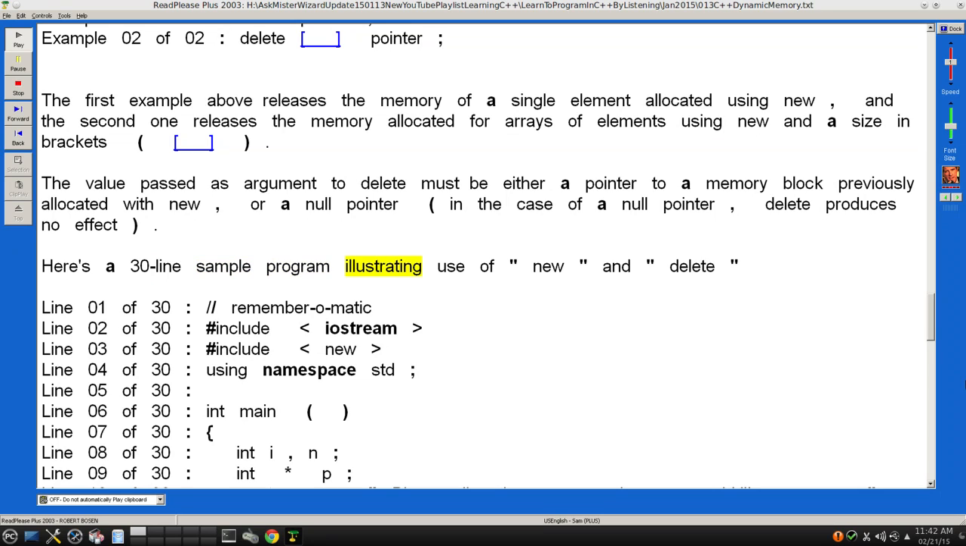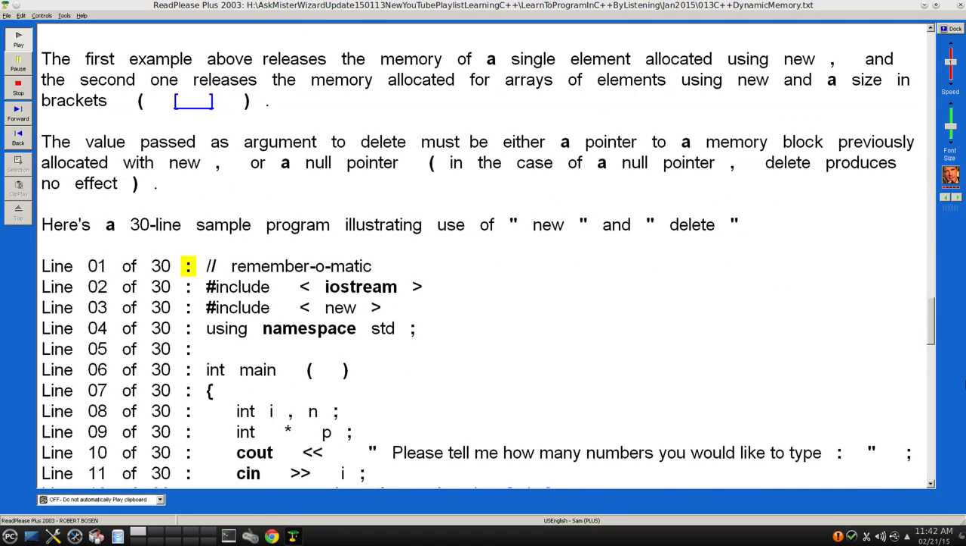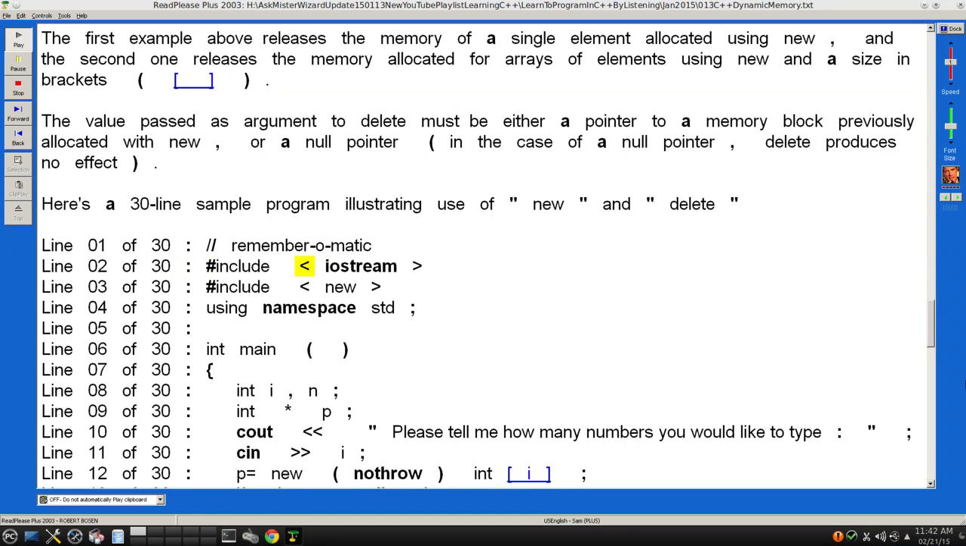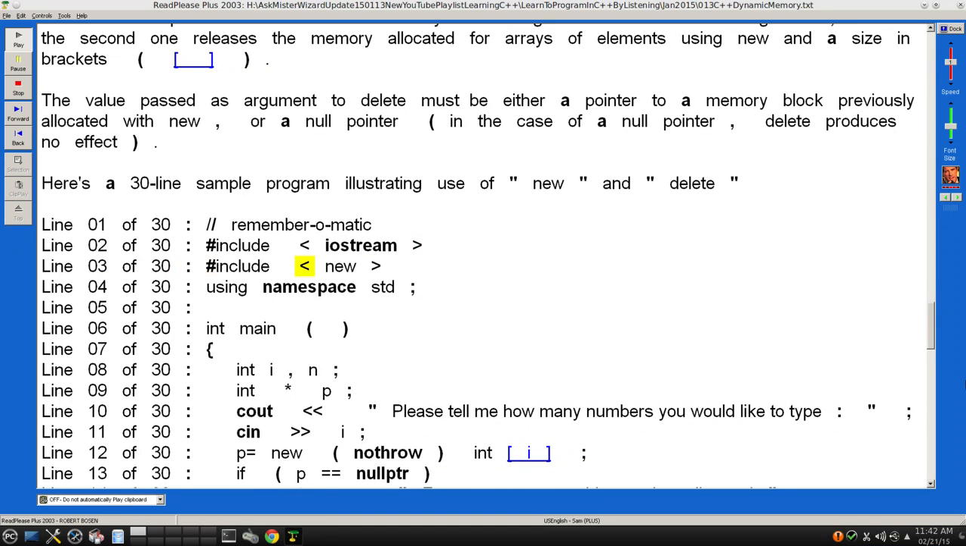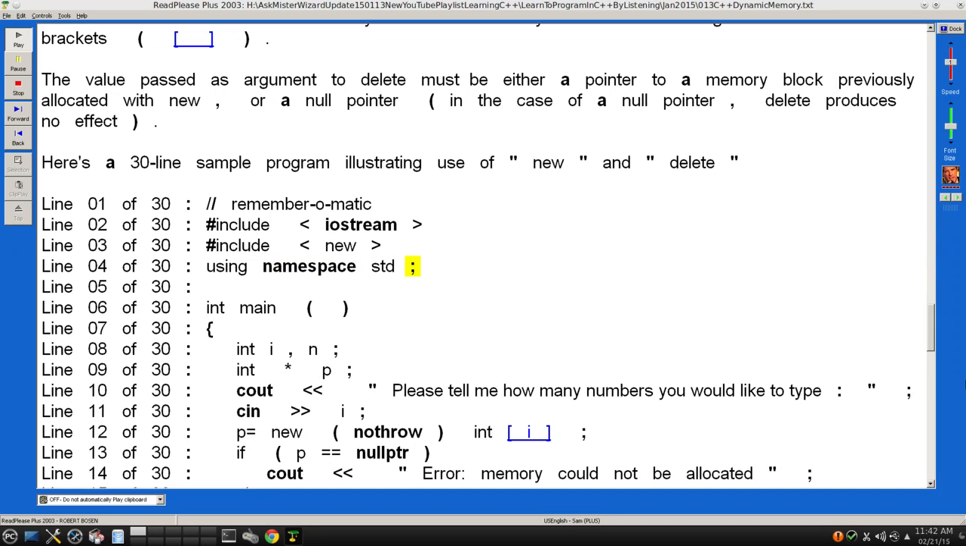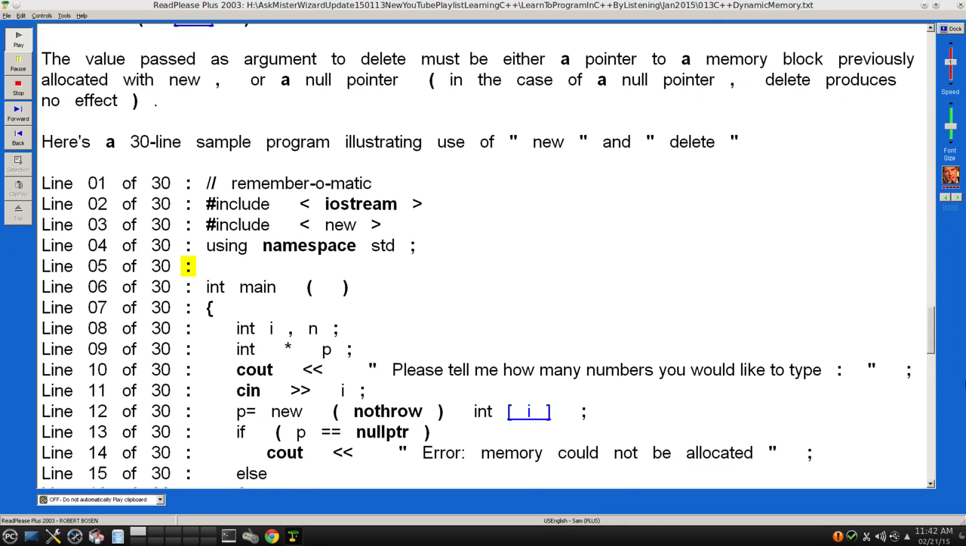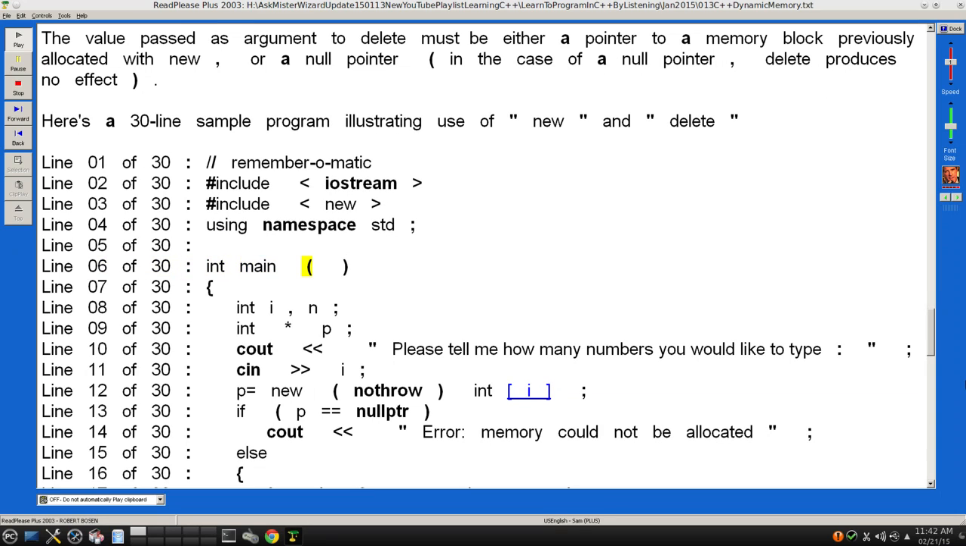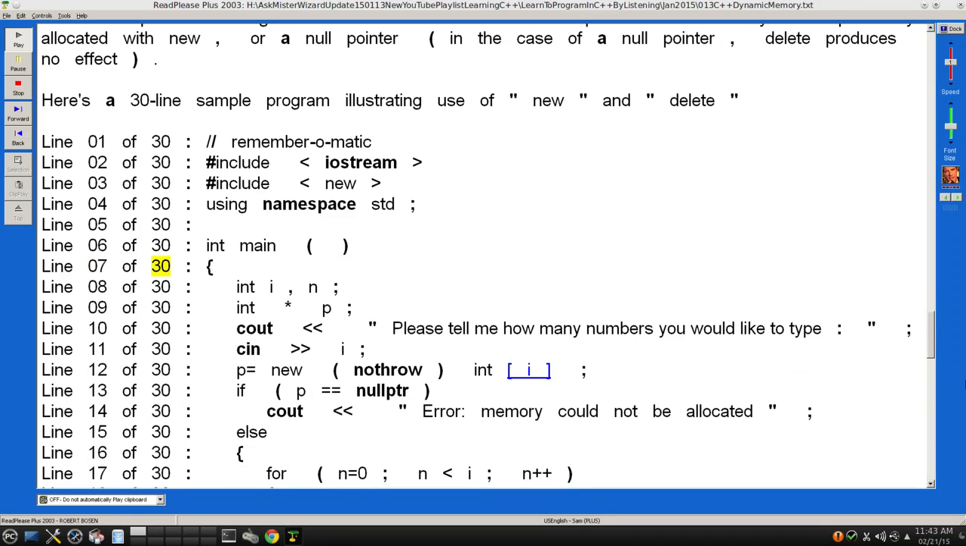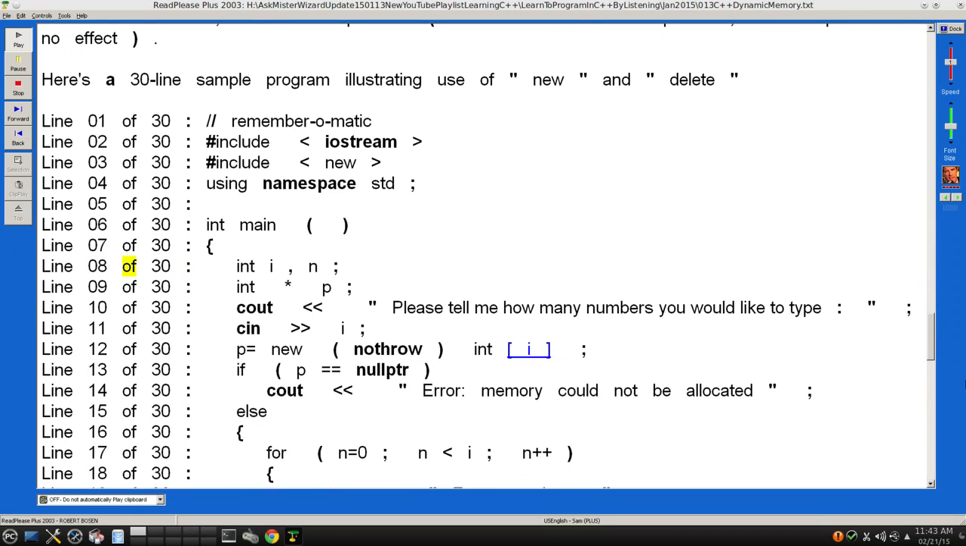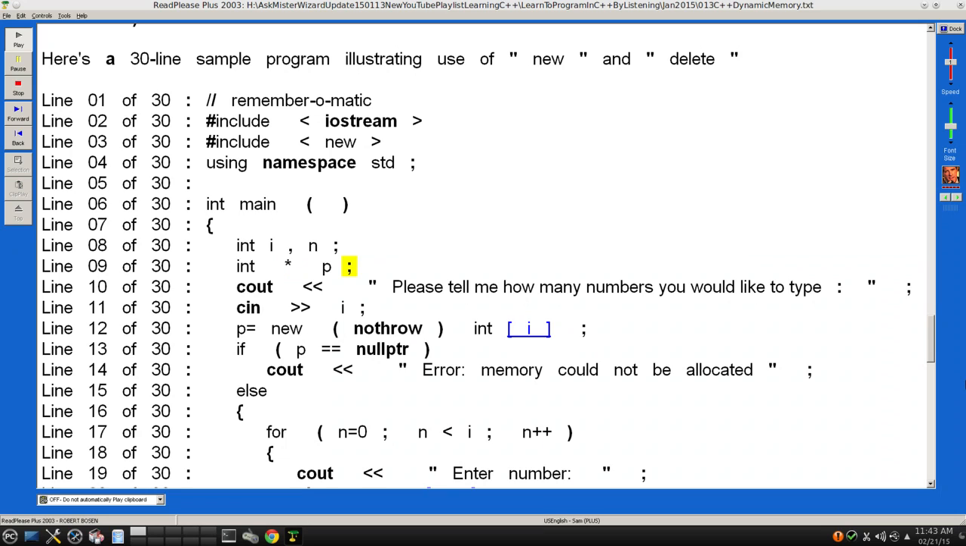Here's a 30-line sample program illustrating use of "new" and "delete". Line 01 of 30: // rememb-o-matic. Line 02 of 30: #include <iostream>. Line 03 of 30: #include <new>. Line 04 of 30: using namespace std; Line 05 of 30: Line 06 of 30: int main() Line 07 of 30: { Line 08 of 30: int i, n; Line 09 of 30: int * p;